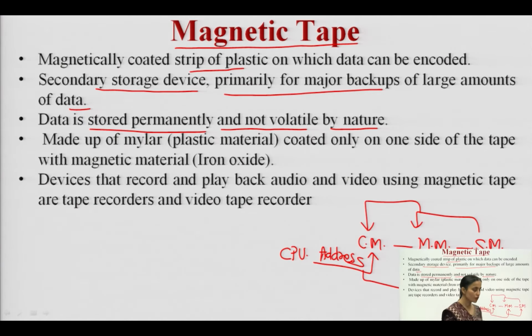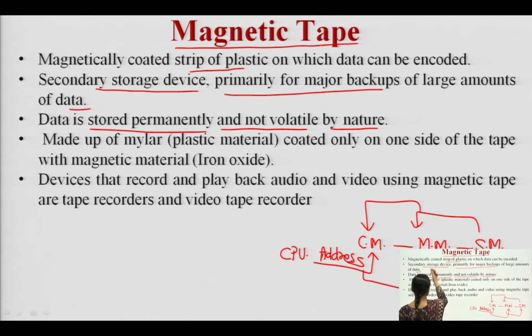The procedures for writing into the main memory and the procedures for writing into the cache memory have already been discussed. Write through and write back were the procedures that we discussed earlier for the cache memory, and writing into the main memory is directly writing once it has been mapped from the secondary memory to main memory. That means, how we are moving from virtual memory to main memory.